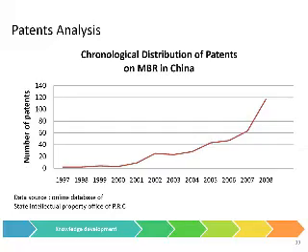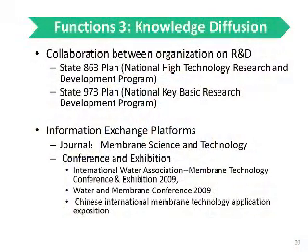But you can also use patent analysis. This is also a well-established database, particularly in the case of the US. The USPTO has maintained the database since the 1970s. So it is a very important source of information on patents. And then knowledge diffusion. This could be collaboration between different types of organizations on R&D, and also exchange of information